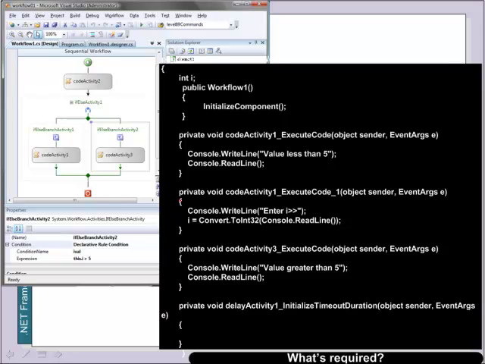So for our first workflow, we'll make something very simple. All we'll do is get some input, say the value of I. So I is part of the class here. We'll enter a value of I. And then once we've read that in, we will set an if-else activity so that if it is less